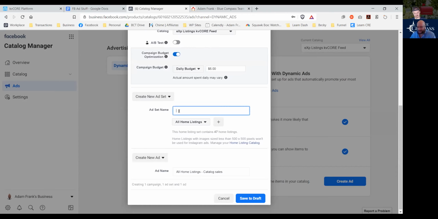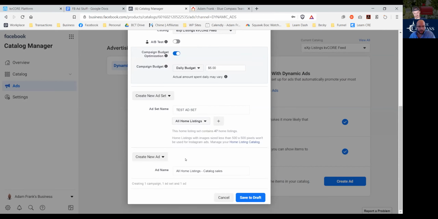You can create an ad set. You can name this ad set. We're going to say all home listings. That's going to be the catalog there. Create a new ad. And I think the next frontier will be that we'll be able to do this for specific areas, cities, price ranges, things like that. So your ad name might be